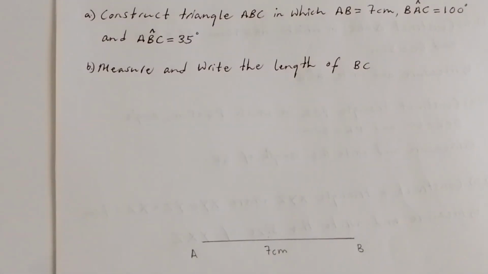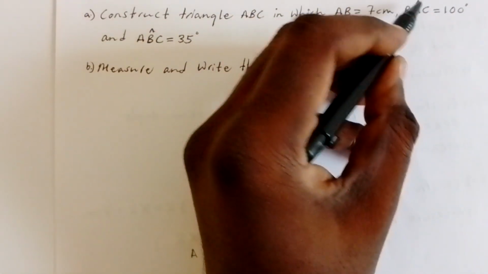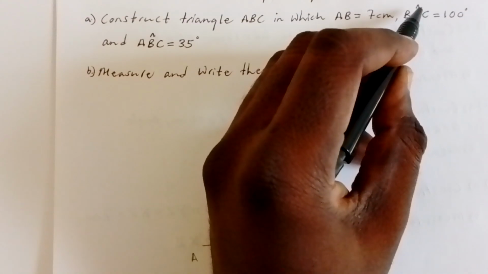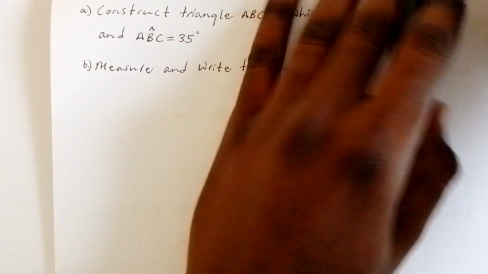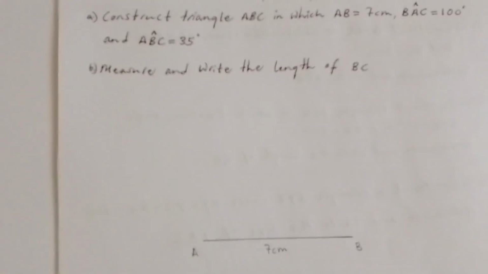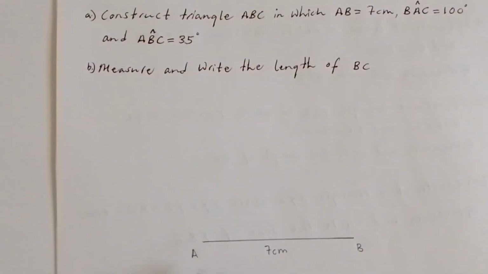Then BAC 100 degrees, that angle. This is another denotation for angle. So when you see this, it represents an angle. It's not different from someone who would have used the word to indicate that that is an angle. Both individuals are not different at all. So since we have to construct angle BAC, meaning the angle at A, which is 100 degrees,